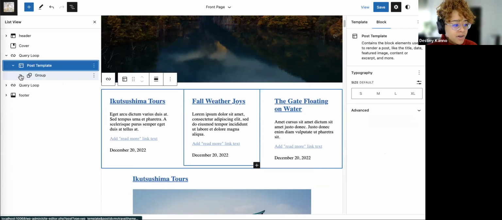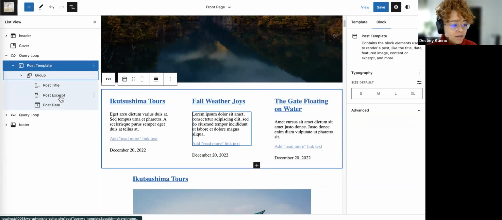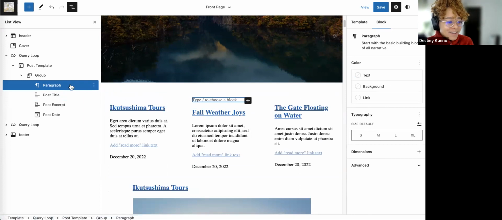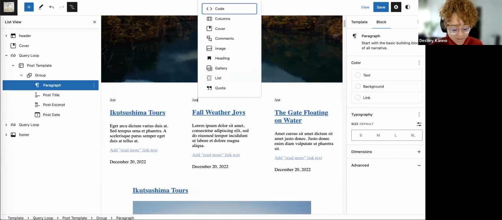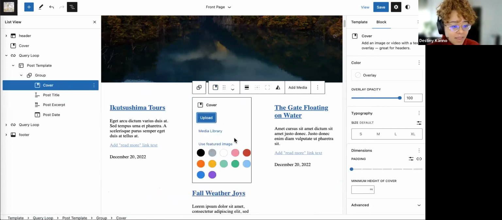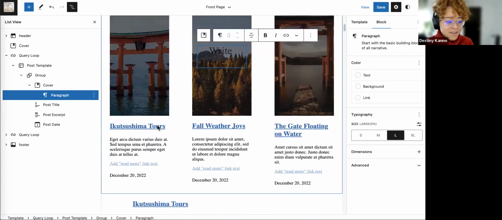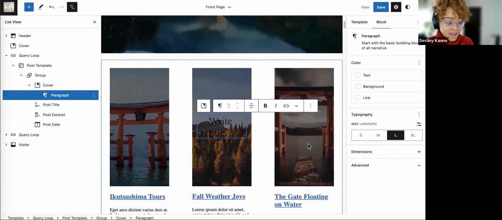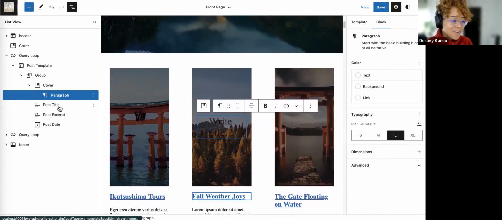And then going a little deeper into my query loop, we can see the composition of it. So we've got the post title. I wanted a featured image, actually. And as I was playing around with this, I discovered something really fun, which was I put a cover here and I chose use featured image as the cover. So now the featured image of the post that I am choosing is there dynamically, which I hadn't done before. If you have done it before, I'm sorry, I'm not showing something new, but I thought that was really cool